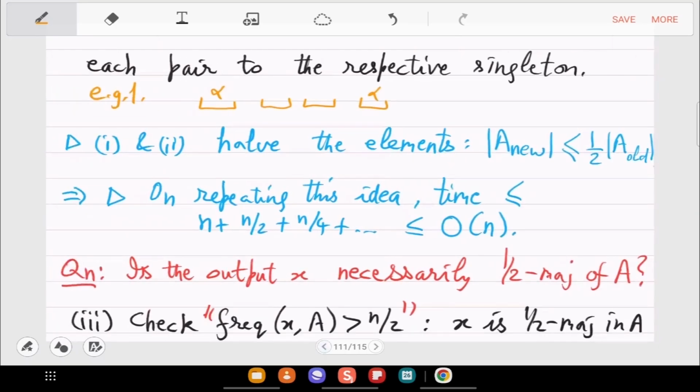So the proof of this you can work out as follows. If there was a half majority element, can there be two kinds? There cannot be. If there is one, that's unique, right? So if there is a half majority in A, then it is unique. Let's call it X. In the end of the pseudocode, X will survive. And not only will it survive, when you do the check, it will pass the check. So everything is confirmed. If it doesn't pass the check, then you know that there is no half majority, right? So everything is proved. Is this clear?